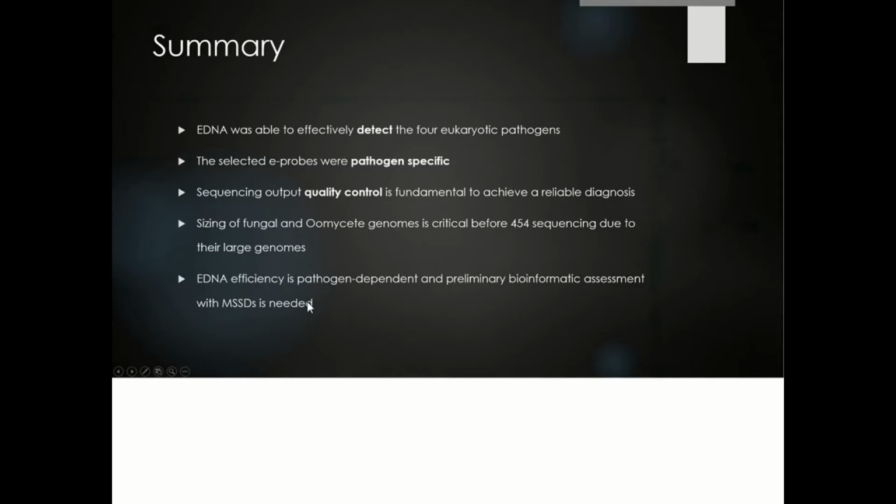And the eDNA efficiency is pathogen dependent, and preliminary bioinformatic assessment with mock sample sequencing databases is needed, which means that we have to analyze each pathogen statistically to see which eProbe length we are using, how many eProbes are we using, what areas are we targeting, and then we get a twilight zone, and we can use those eProbes